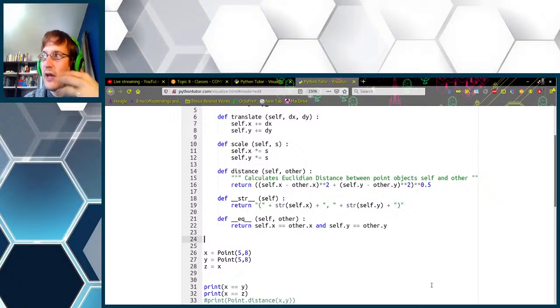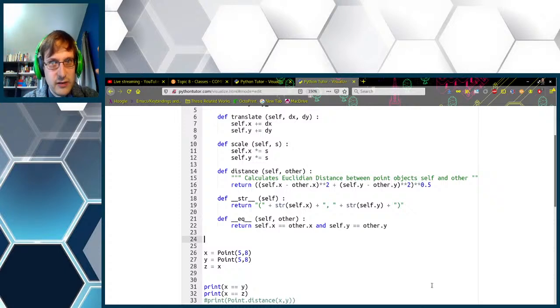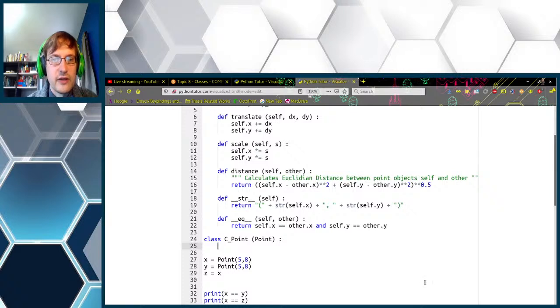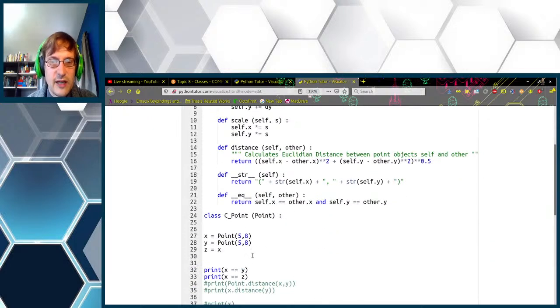However, you can provide a new class for strings, which is based on the original string class. If you go class, let's call it cPoint, and inherit from point, then you get everything that's defined in here, plus the new stuff that you want to define. So, of course, you should always do an initializer: self, and an x, a y, and a color.